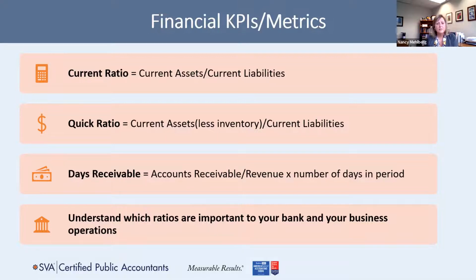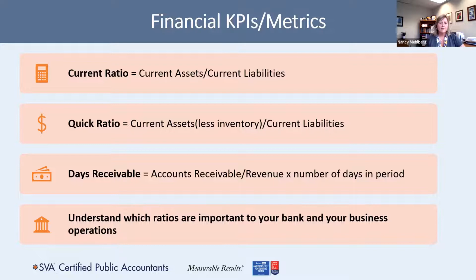It's also very important to understand what ratio your bank might be looking at. Nikki just made the comment a little while ago about looking at bank contracts. And this is important because banks have things that they call covenants. If you have a loan out there, you could have a bank covenant that says that you need to meet this specific ratio. It's important to know what those are and to track those, because you don't want to be in a situation where you're failing a bank covenant and you don't even realize you are, and then the bank calls you up and says, we have a problem here. So you need to be monitoring those.